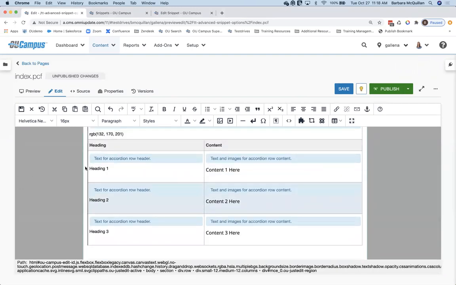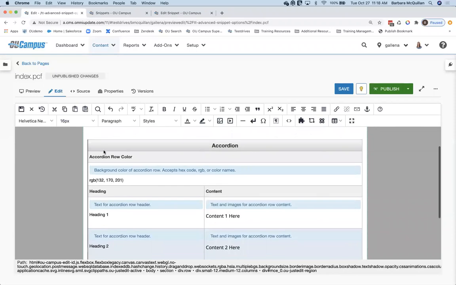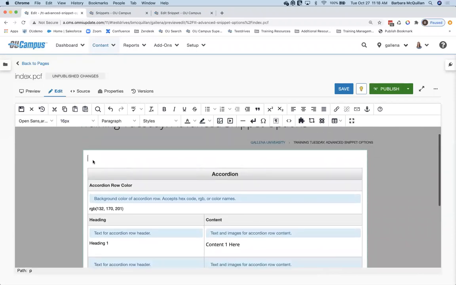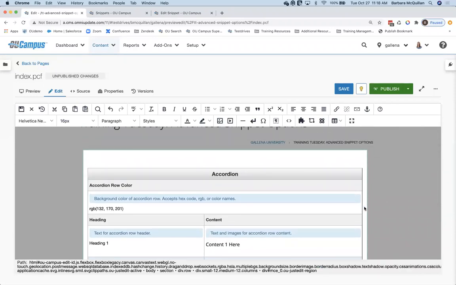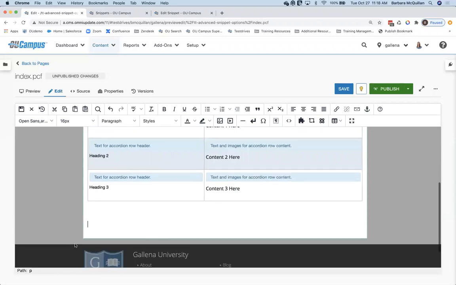I can put my cursor over to the left and hit enter to get a space up here, and over to the right and hit enter to get a space down here. So it is possible, but if you don't have anything else inside this editable region, it can be a little tricky, especially depending upon how wide this particular region is or how comfortable your content editors are working with that.